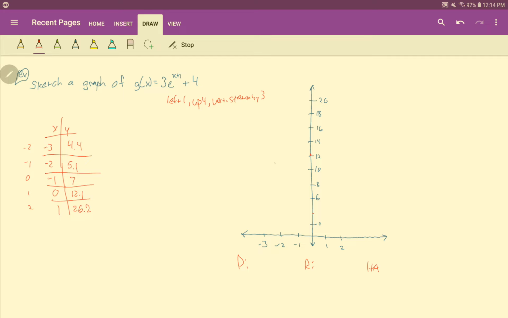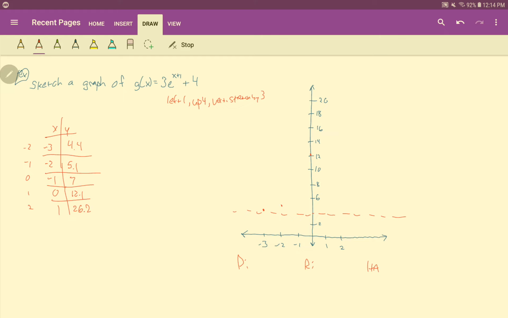So that +4 there indicates we're going to have a horizontal asymptote at 4. So I'll go ahead and just draw in the horizontal asymptote. Our normal horizontal asymptote is at 0, but since we're shifted up 4, we're going to have our asymptote at 4. Let's see here, so -3, 4.4, so like right there, we'll say -2, 5.1, so like